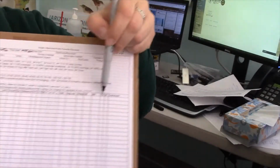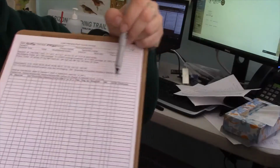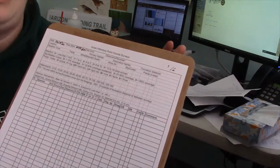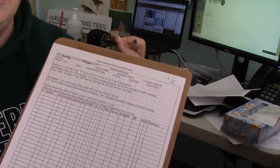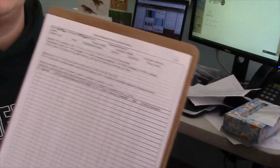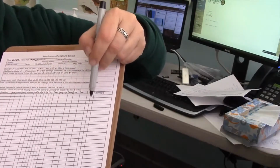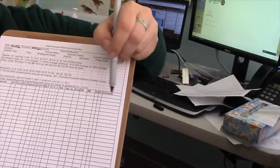And then we have a box here to check for calling, CA for calling, SI for singing. The reason we do that, because you could just put an SI under the breeding bird code, is that with point counts, especially in a good habitat or in the spring, birds can come thick and fast. You can get a primary observer talking at rapid speed about the birds they're seeing, and it can be very difficult to try to capture all that information quickly. So that's why we have a sing thing here, so you can check that quickly and indicate whether they're singing or calling. And then we have a comment box at the end,